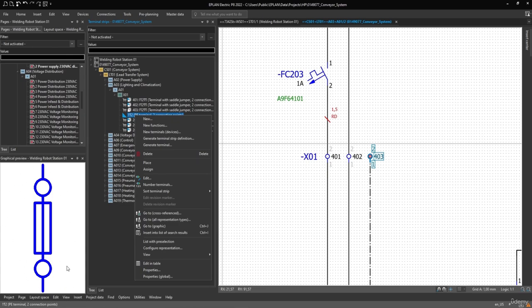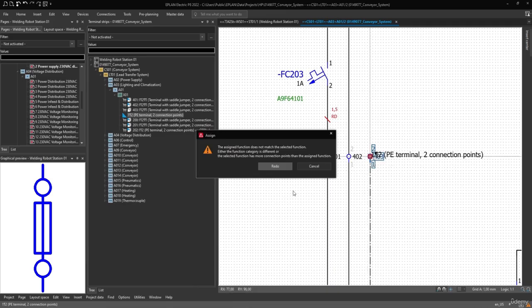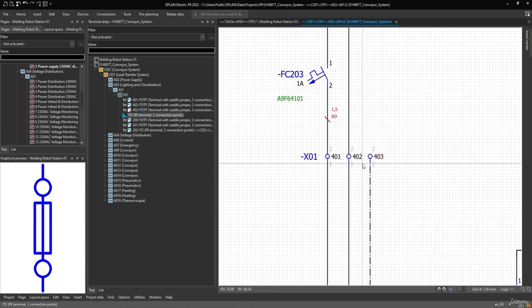So you can change it in the parts management, or you can change this graphic that's here. So if you try to assign it, Eplan will pop up an error to say that you're assigning a different symbol. So in order to avoid that, you can maybe bring this into your